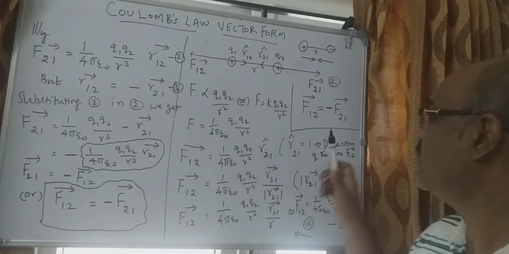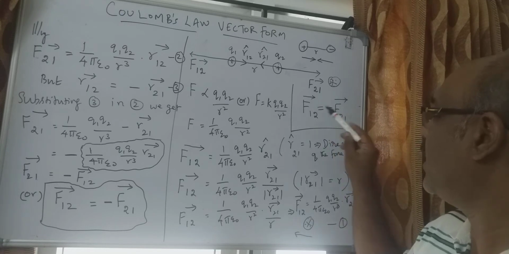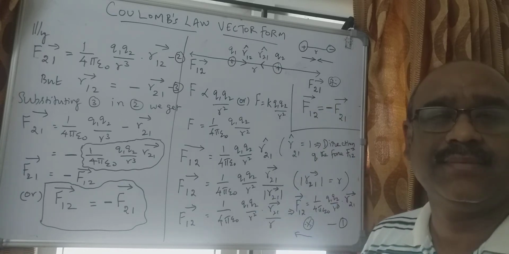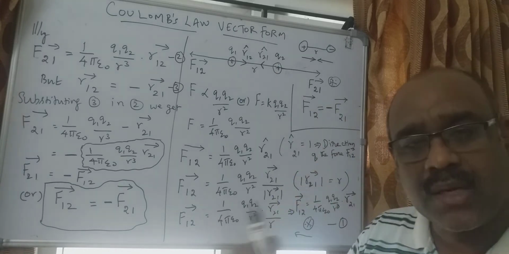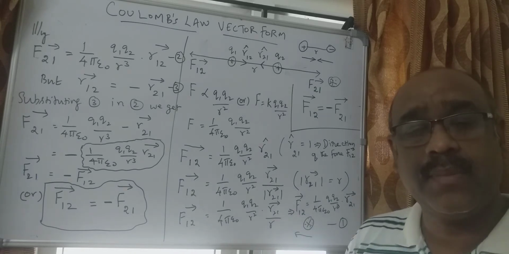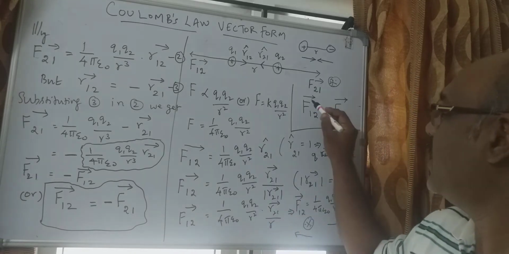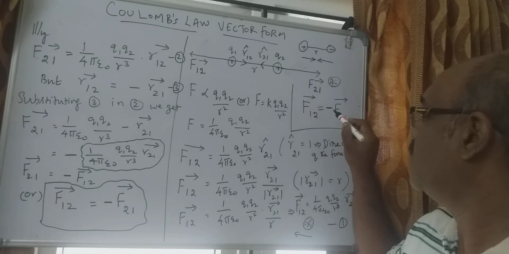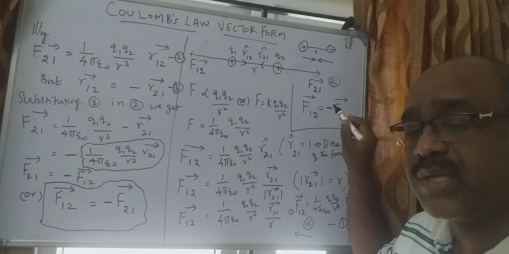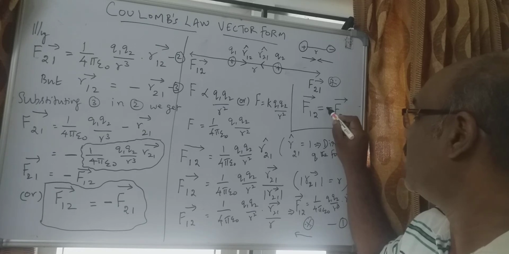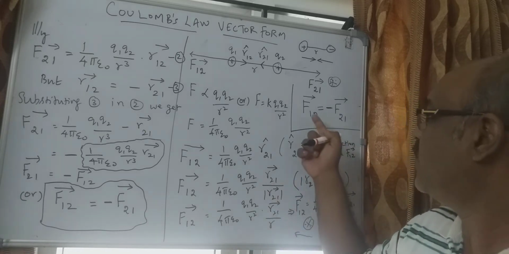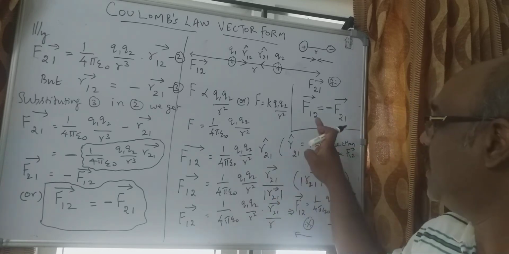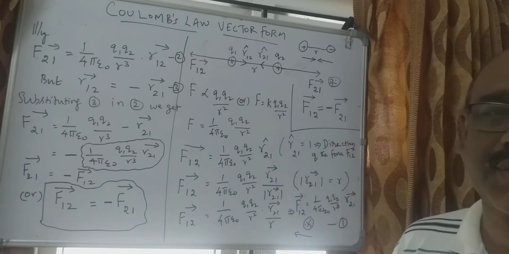See here now, if we take these two forces, we know that these two repulsive forces are equal in magnitude. But when I denote the force with a vector sign, then a vector quantity is a quantity which has both magnitude as well as direction. Now, when I mention this force with a vector symbol, then I have to consider the direction, which is denoted by the minus sign here. That means the forces are equal in magnitude, but they are opposite in direction.